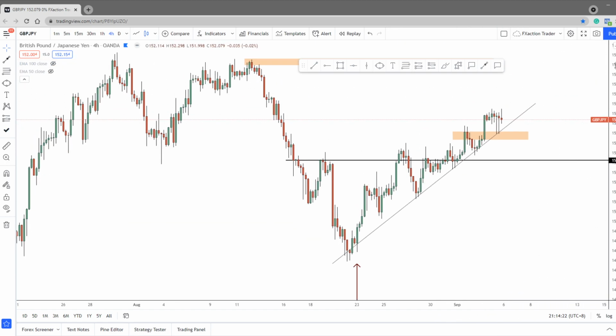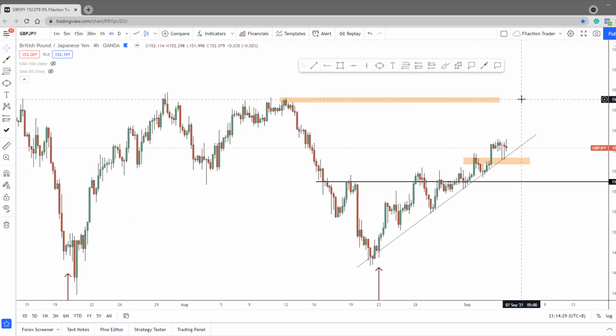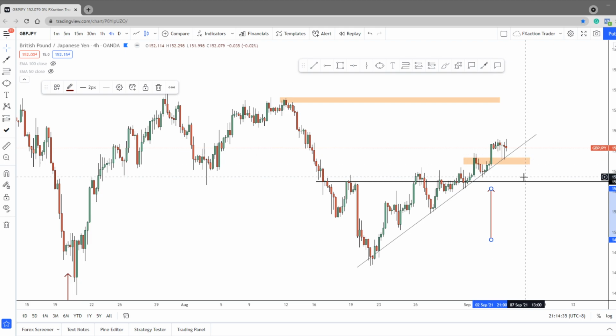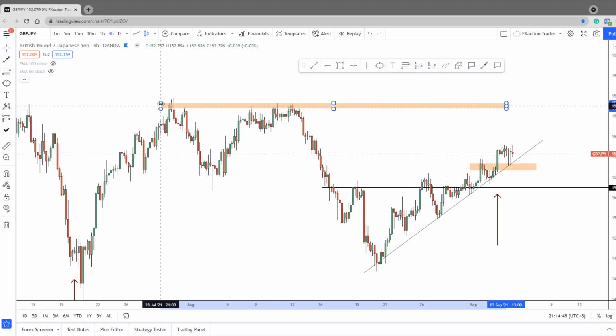So let us have a look at the pound yen. Comparing the pound yen to the euro yen, we still can see that the pound yen has more room to go along with the market trend. First thing first, this entire trend is still an uptrend. The market has violated this lower high level, creating higher highs, higher low, higher highs, higher low, followed by a new higher high. And we can see from the picture that this market's previous top or previous high level is actually at